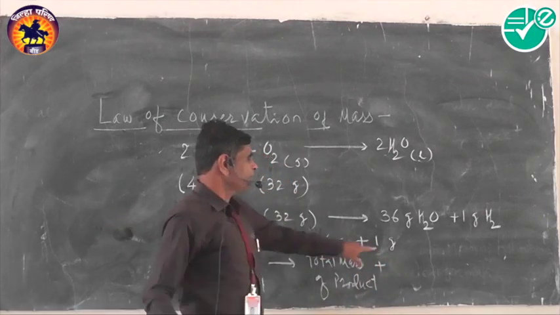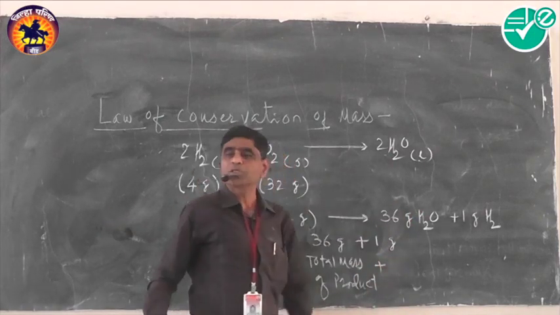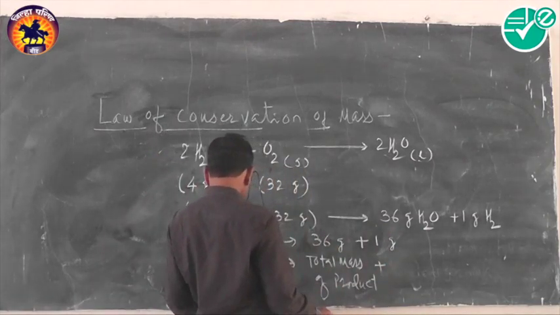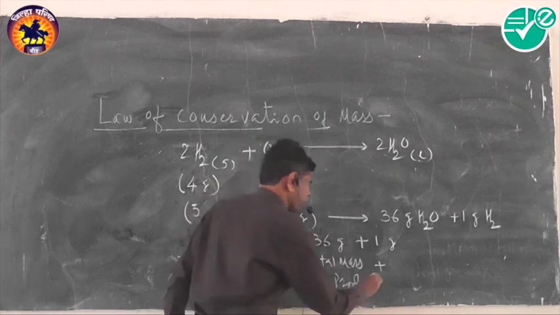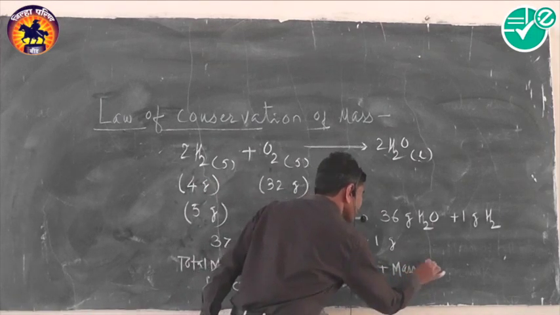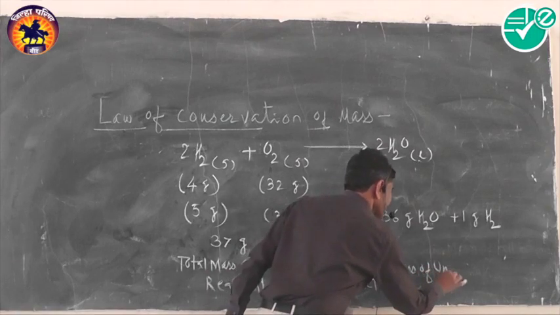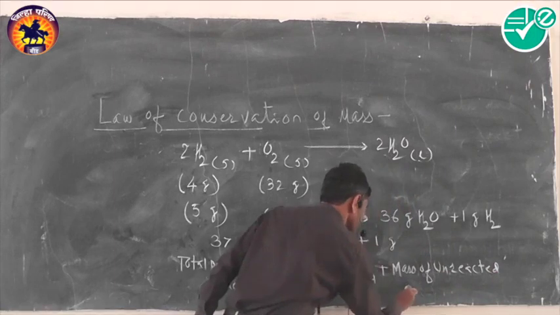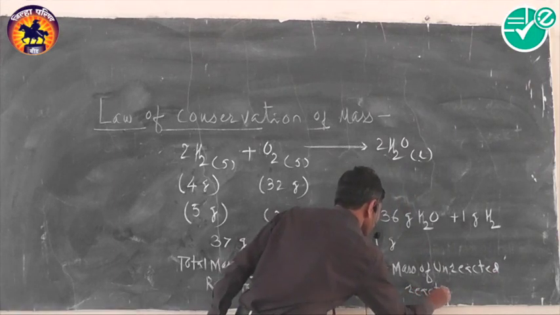what is this 1 gram? This 1 gram is the hydrogen that remains behind in unreacted form, and thus total mass of reactant is equal to total mass of product plus mass of unreacted reactant. And thus